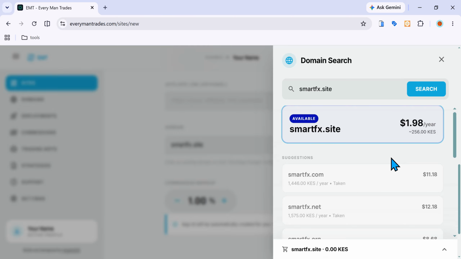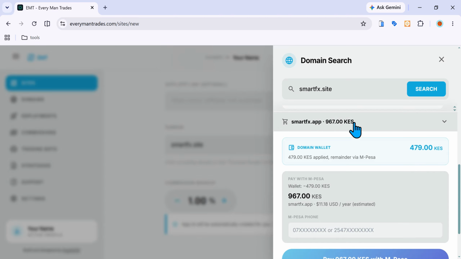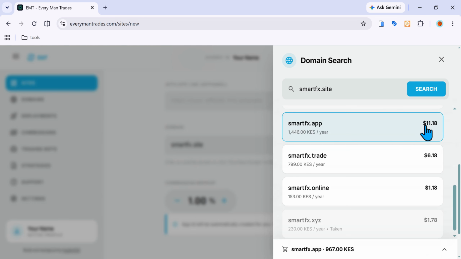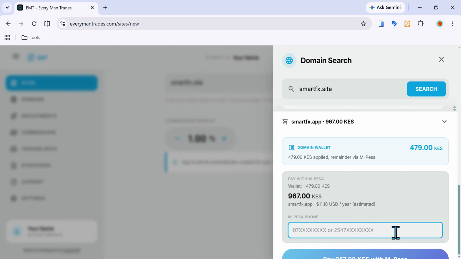So for instance, let me just showcase here. So I'll select a bigger amount like this one. You can see here the amount that I'm supposed to pay is 967 after deducting 479 that is in my domain wallet. So the total amount was 1446. So after I deduct 479, you get 976, and that's the amount that I'm supposed to top up here manually if I wish to add the amount manually. But in my case, I do not need to add the amount manually,